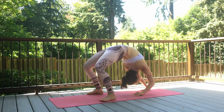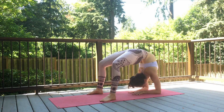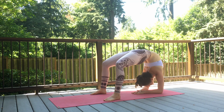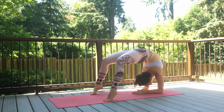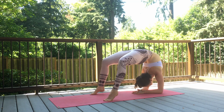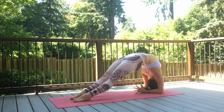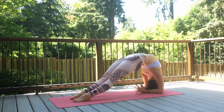So here I am lowering down onto my elbows, straightening my legs a little more, and really pressing my chest out forward in front of me. If you are holding in your back bend, go ahead and hold for 3, 2,